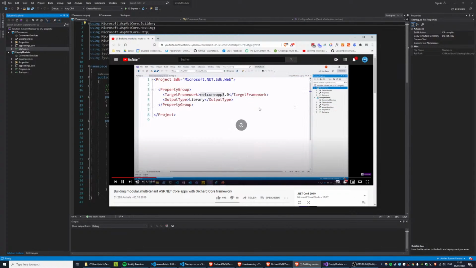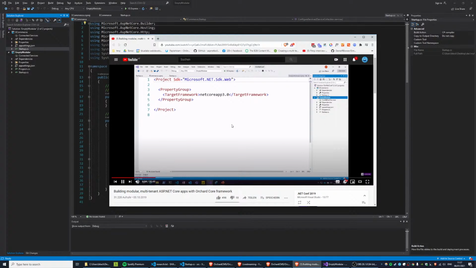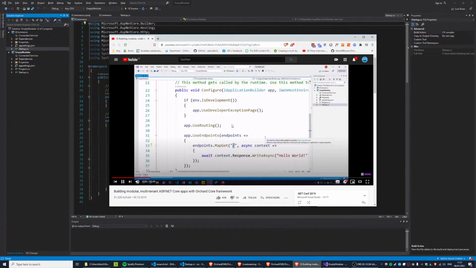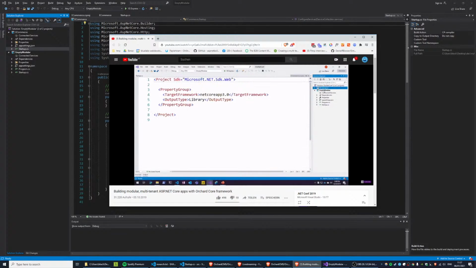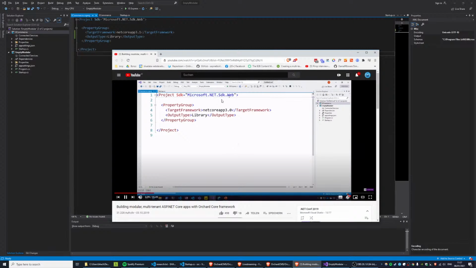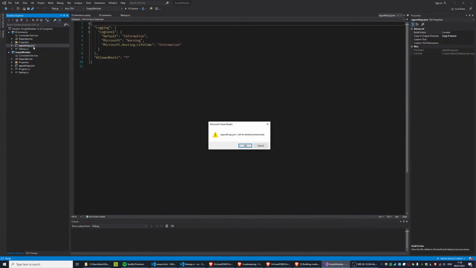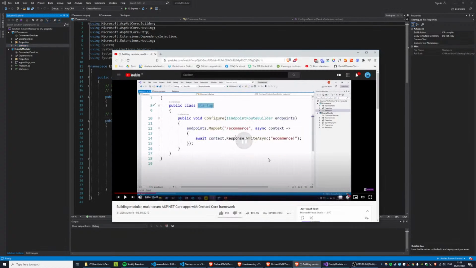done. To do that, we will use NuGet and this class library to a module. To do that, we will need to convert this app into any target case that I call the module. So here I have a class library that I called e-commerce. This is a simple SDK Web Core App 3.0 empty app startup. So a startup class like this empty app startup. So a startup class like any